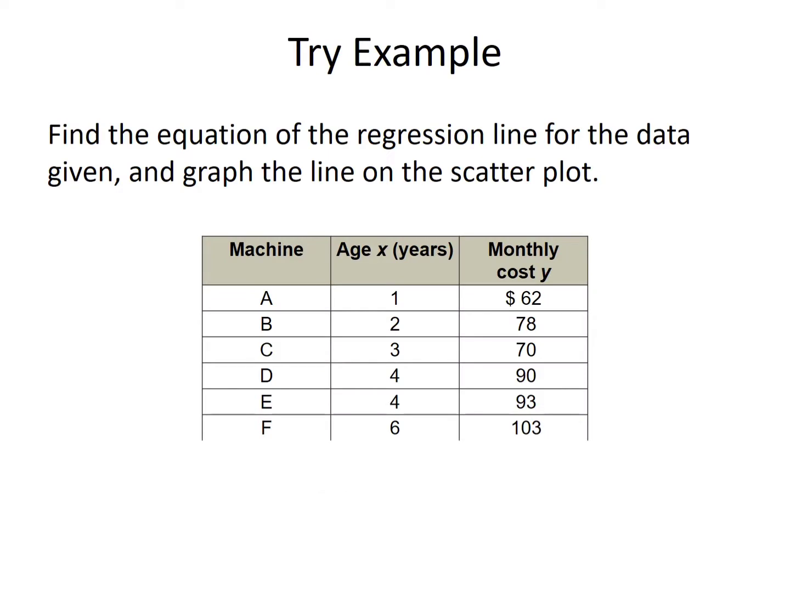Find the equation of the regression line for the data given and graph the line of the scatter plot. So again, try this example out on your own. You could pause the video here, try it out. Again, make sure that your x is 1, 2, 3, 4, 5, 6, and your y is 6, 2, 7, 8, 70, 90, 93, and 103. For the answer,